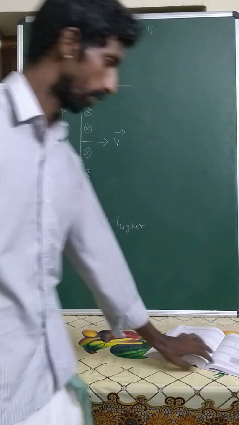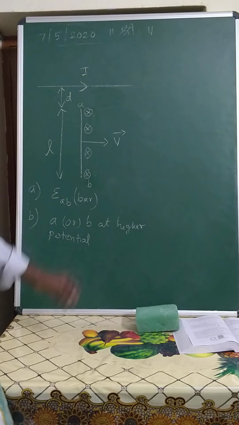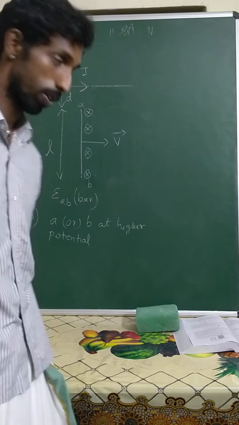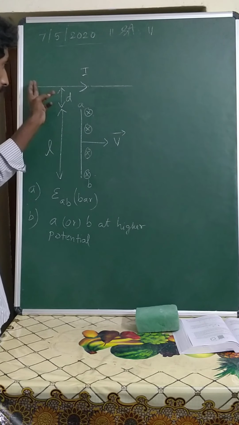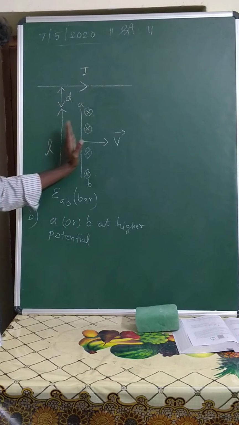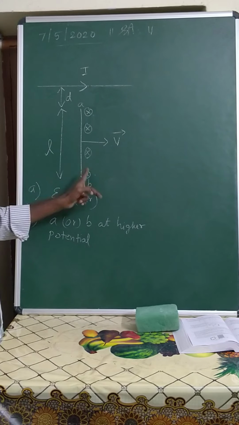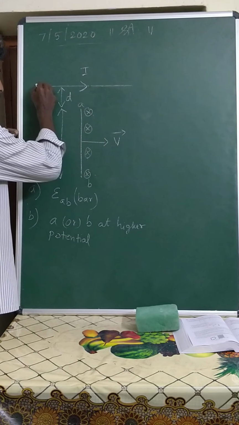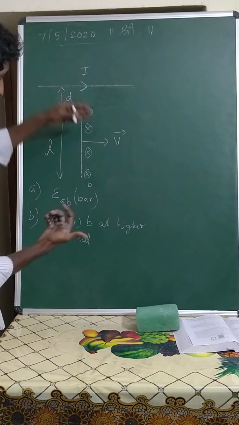So going back to the electromagnetic induction problem. This is an advanced level problem from subjective questions. We have a current carrying wire carrying a uniform current in this direction, and a rod moving with a velocity v in this direction. Here I have drawn a cross mark, that is the magnetic field produced by this current carrying wire. According to the right hand thumb rule, the field will be inwards.